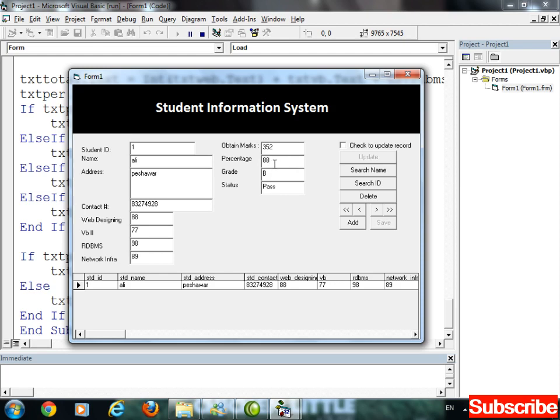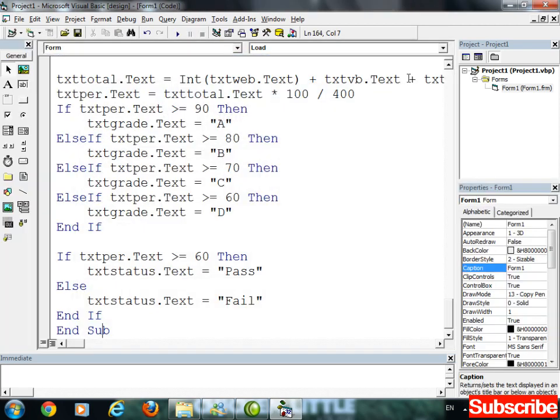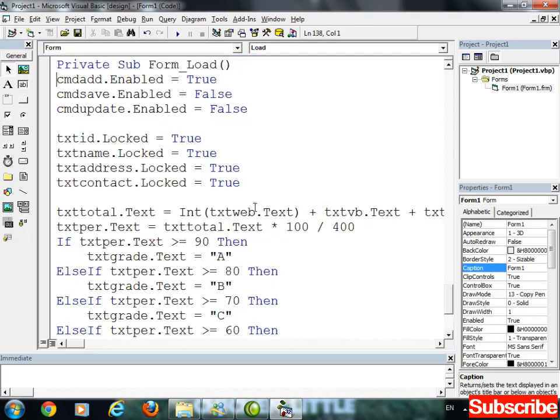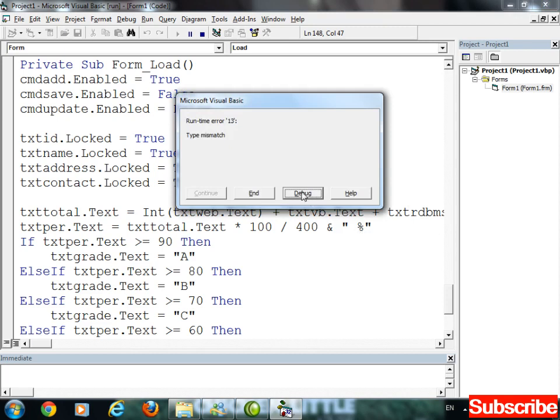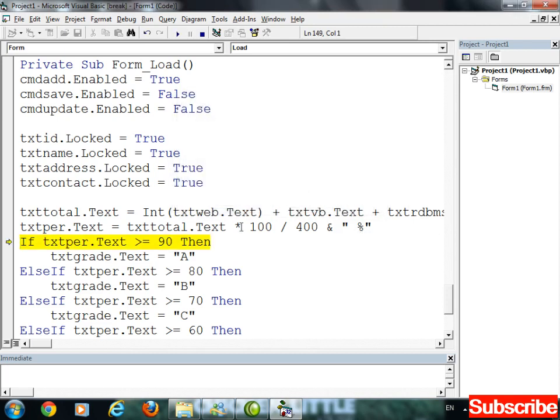Now I am going to add the percent symbol right here: concatenation operator, double quotes started, space, percentage, and double quote. Okay, debug, type mismatch, here is the problem. Due to this problem I had removed this symbol.